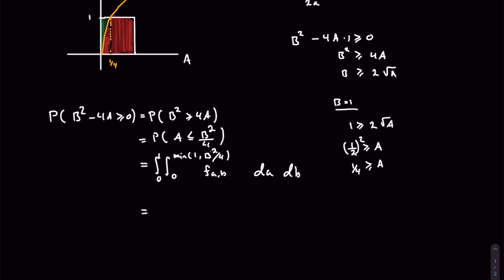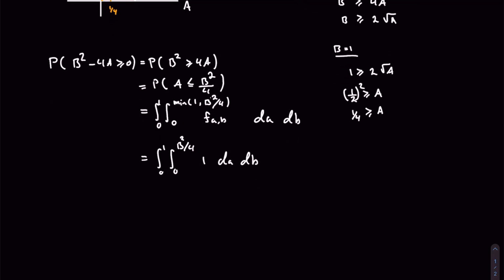So this is the same thing as just writing 0 to b squared over 4, dA dB, and we integrate that inner over a, so that's just a, from 0 to b squared over 4 dB,